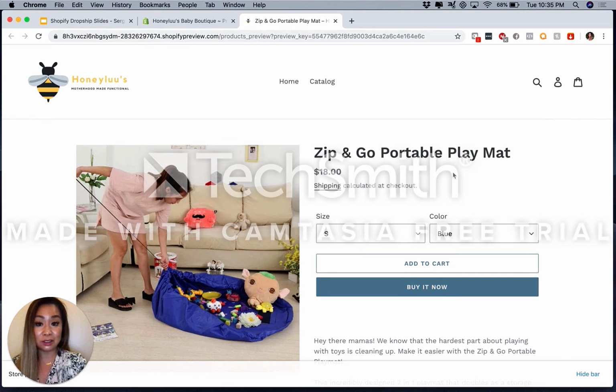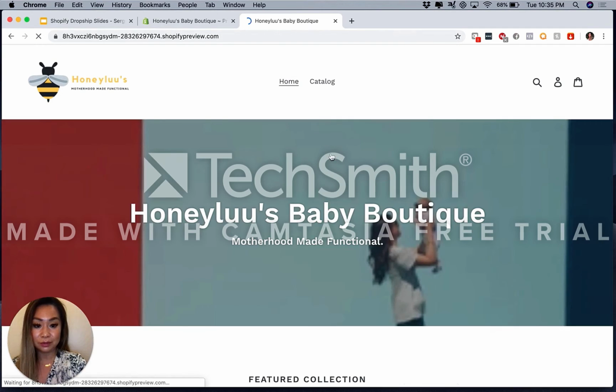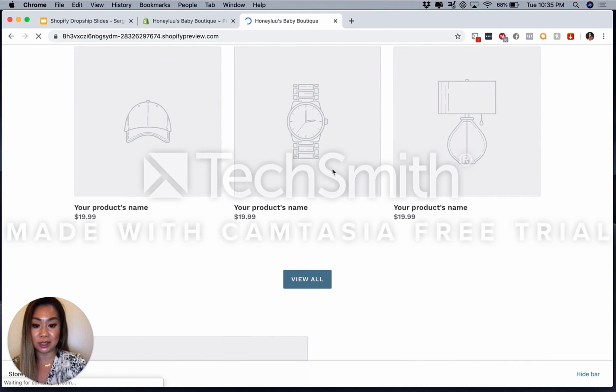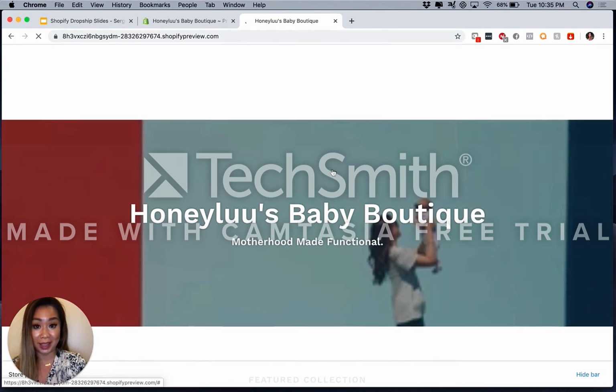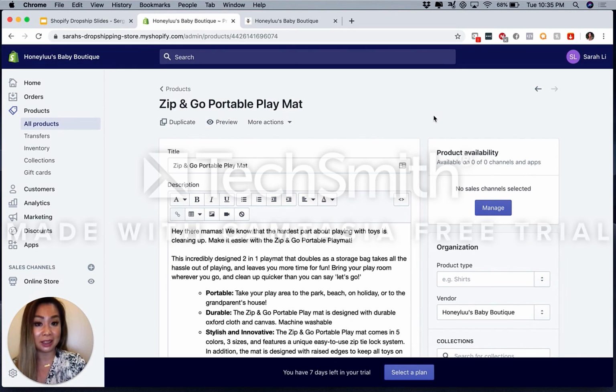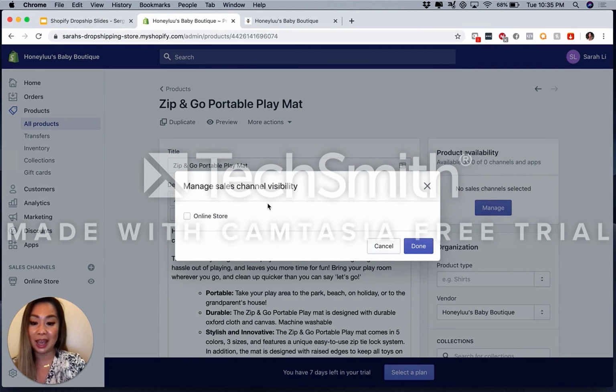And then another thing you want to do is you want to make it live on your store. So if we go to our home right now, this product is not going to display on our home page. It's actually not available on our store yet. So Shopify won't publish a product automatically because we had disabled that feature in Oberlo earlier, if you remember. So what we want to do now is we want to click Manage here in Product Availability and click Online Store and click Done,